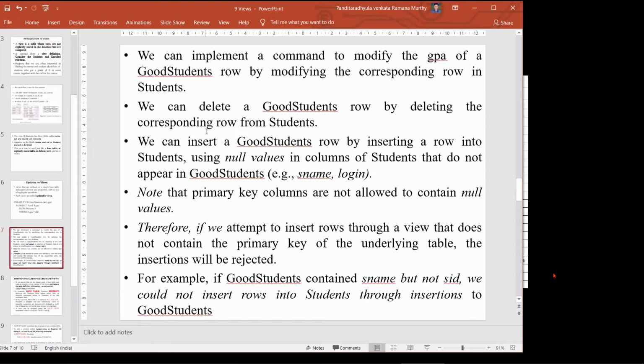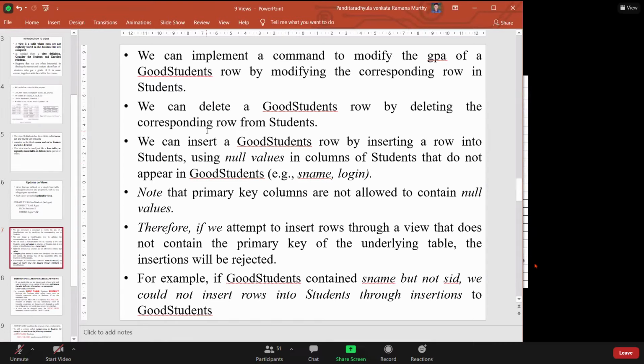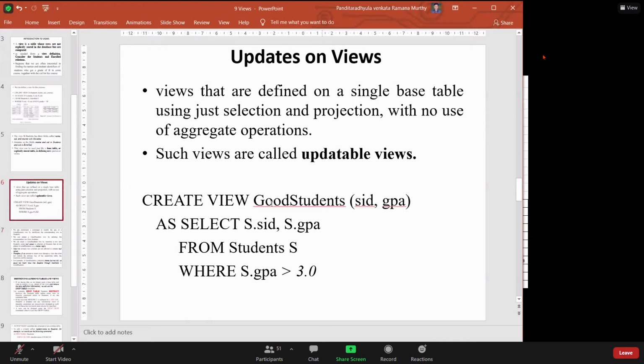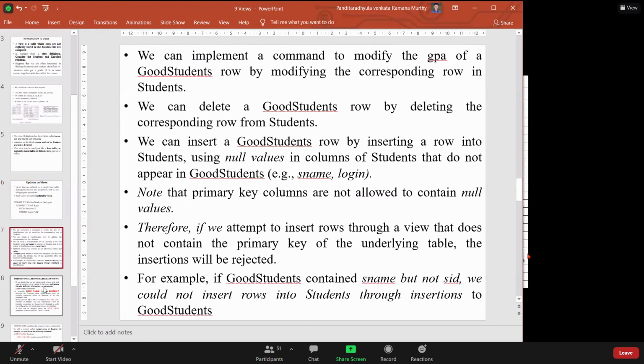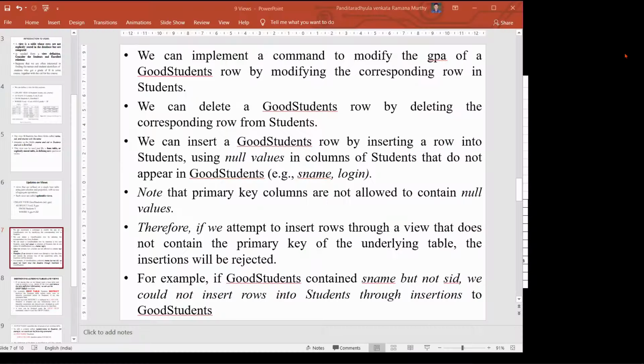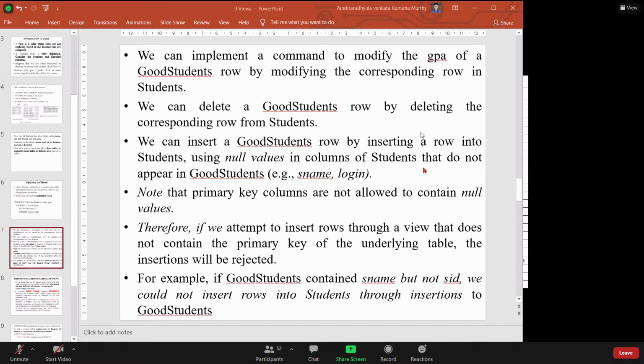Similarly, you can delete rows from the views. Previously, that particular view we gave the name good students. Of course, even the B graded students we are calling good students. We can delete any row from the view by deleting the rows from the student table.